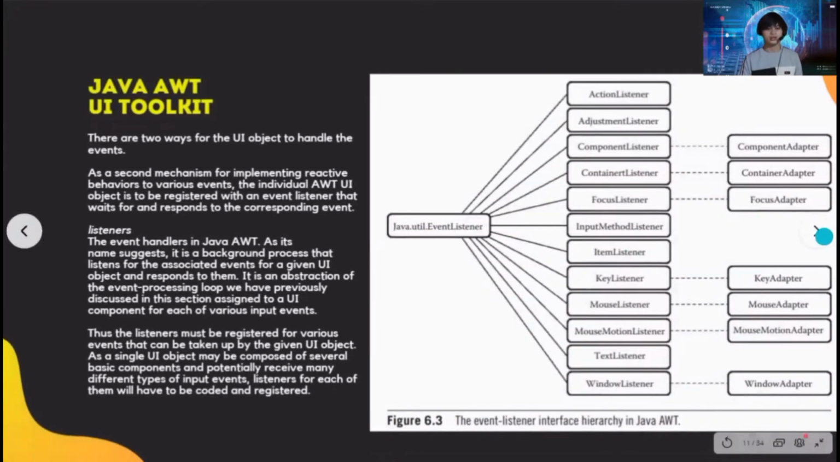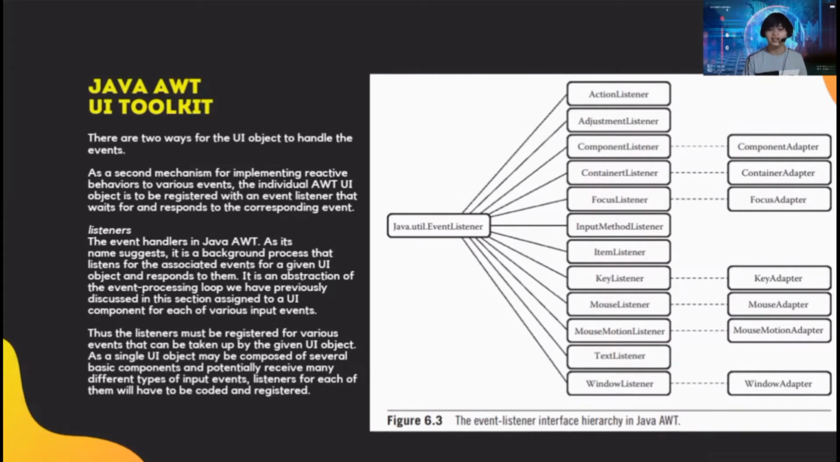So this one. There are two ways for the UI object. Again, that is the first one. Now we are in the second one. As a second mechanism for implementing reactive behaviors to various events, the individual AWT UI object is to be